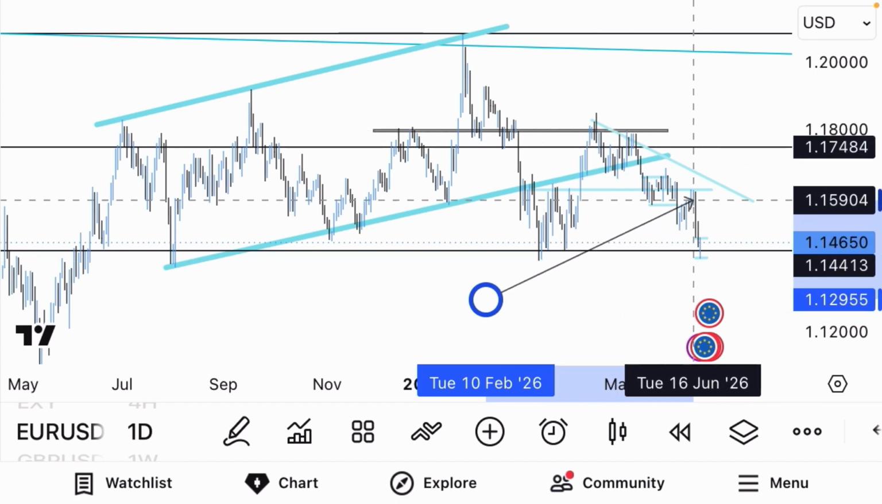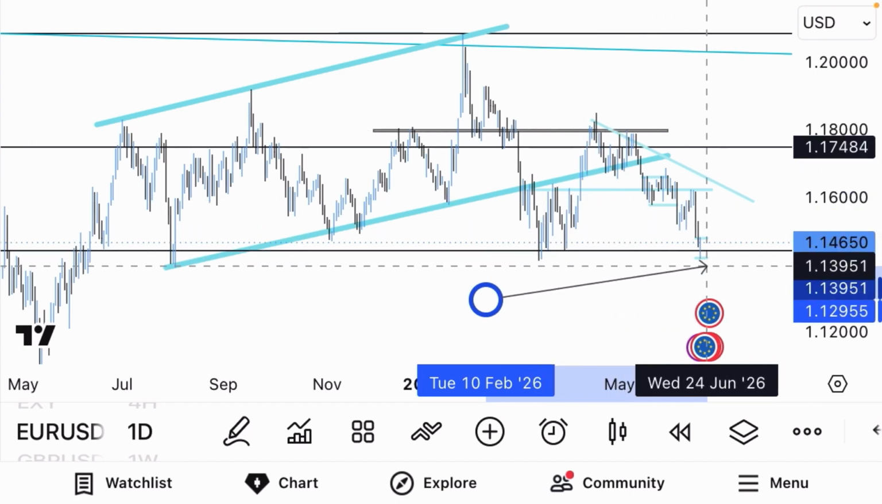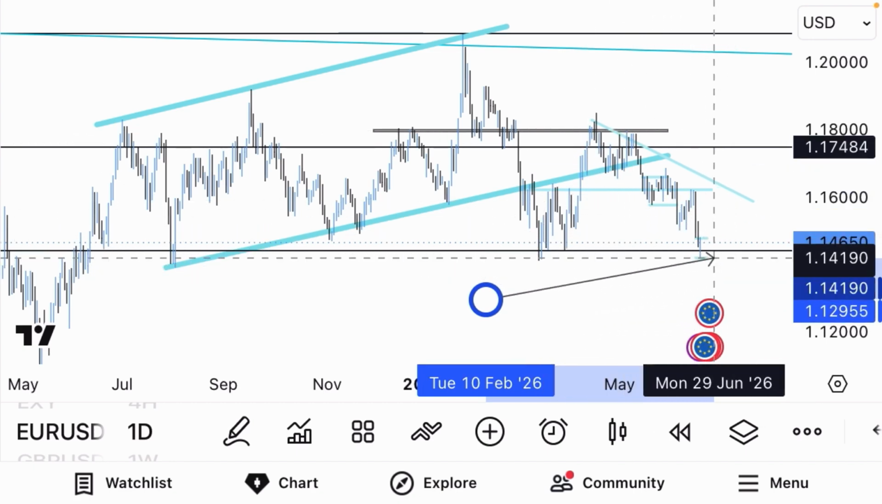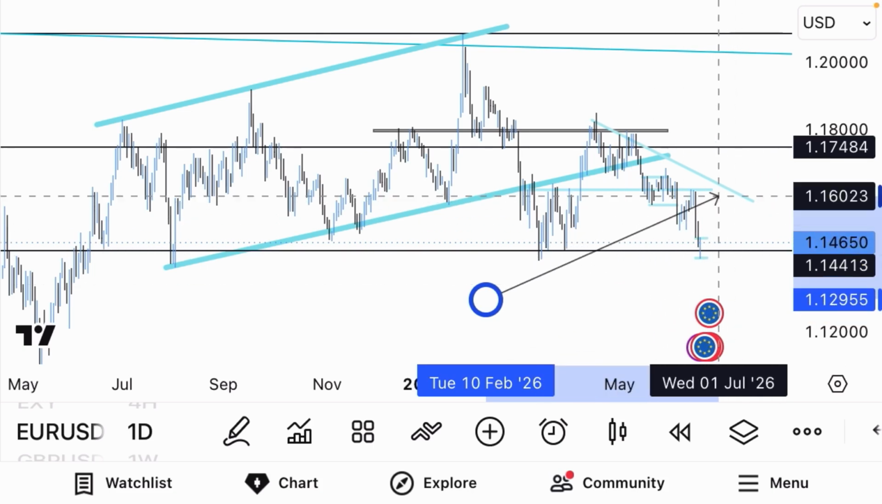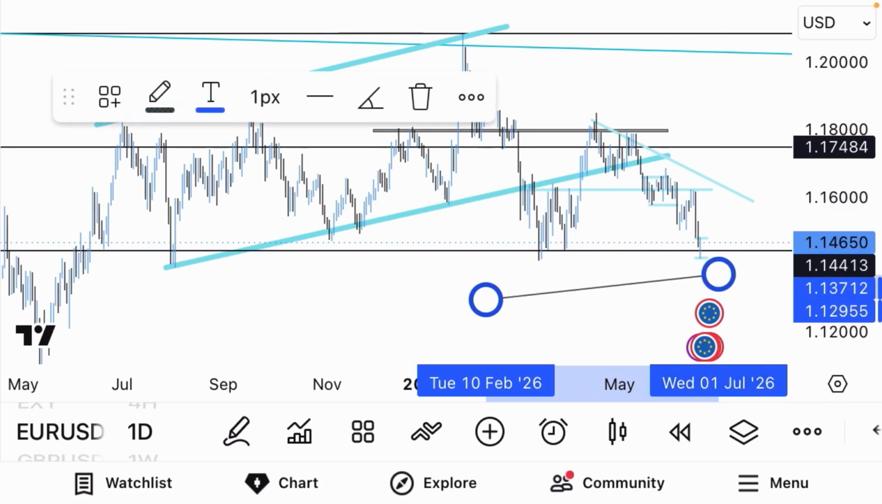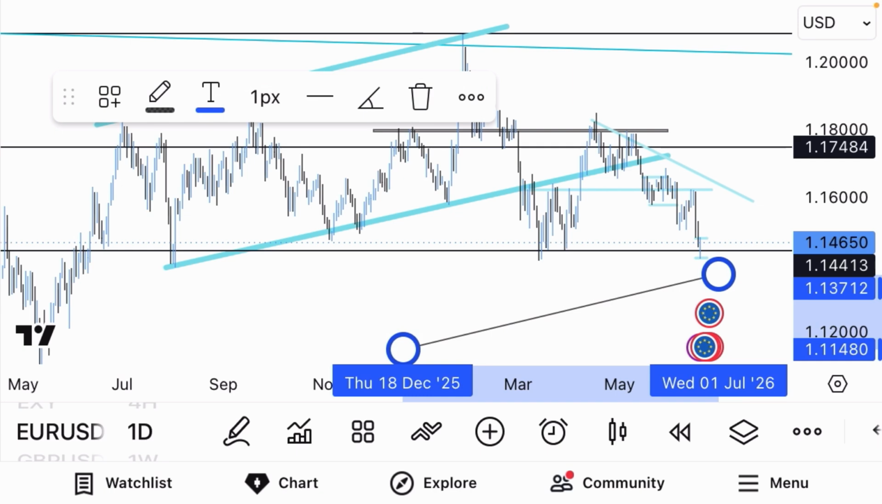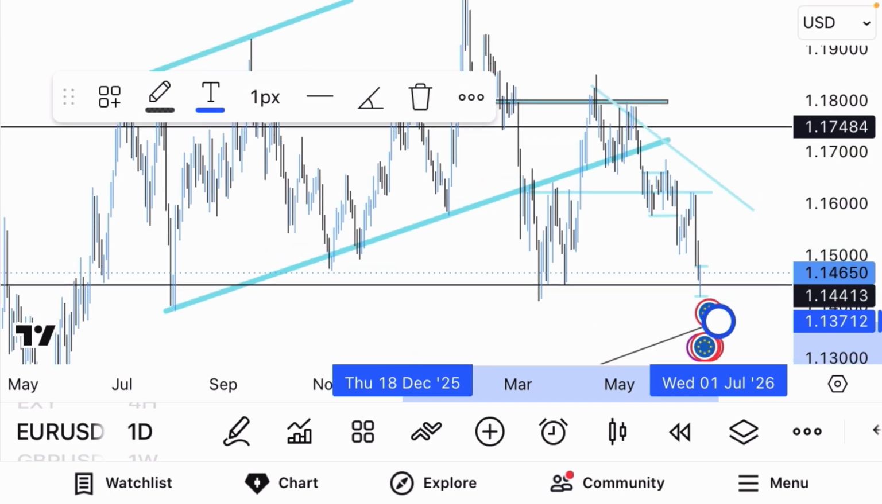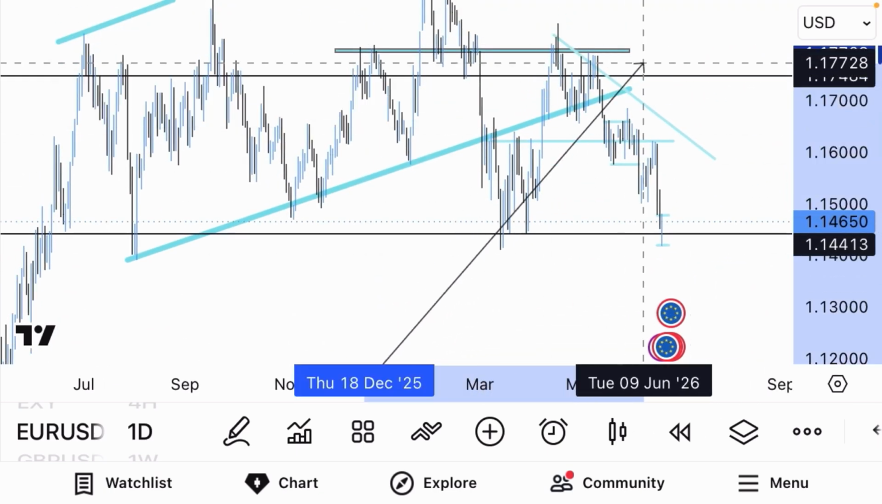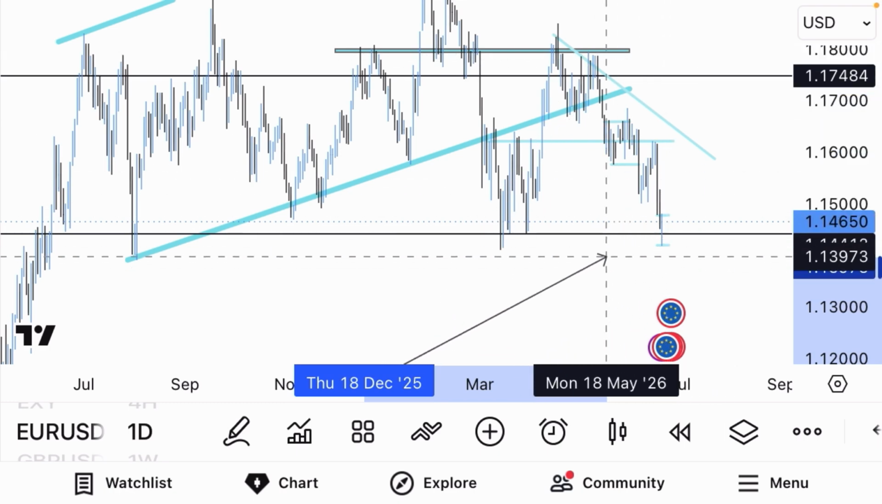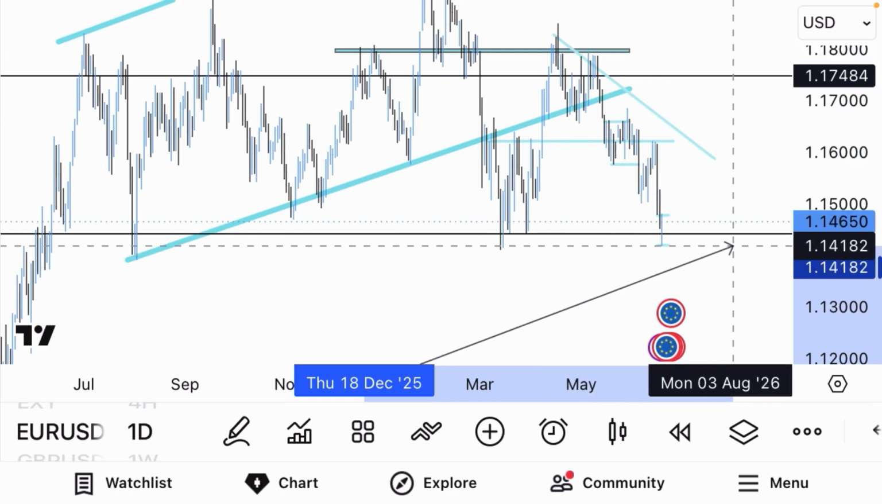But if we decide not to break below this neckline, then we need stability for the market to give us a more concrete buying opportunity. So this is a very vital level. Let's break it down into bits. Judging by the trend of this market, where the market is making lower lows, lower high, lower low, lower high, lower low, lower high,